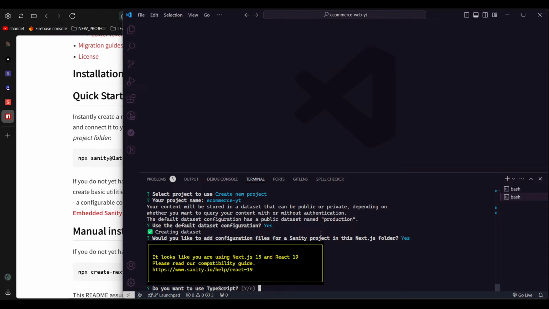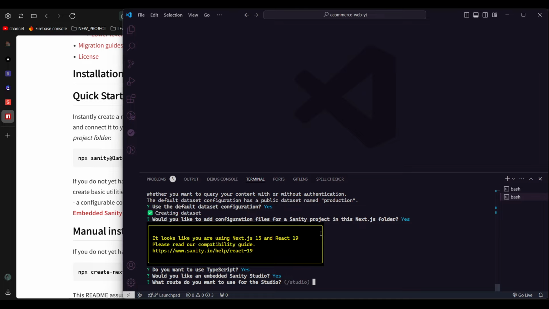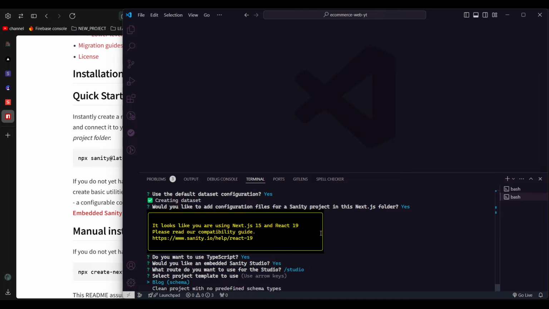It looks like you are using Next.js 15 and React 19. Okay, compatibility issue we can resolve. Let's just say okay. Also, the studio needs to be yes, otherwise it will not enter that. So it will go with that, redirect for that purpose. And now